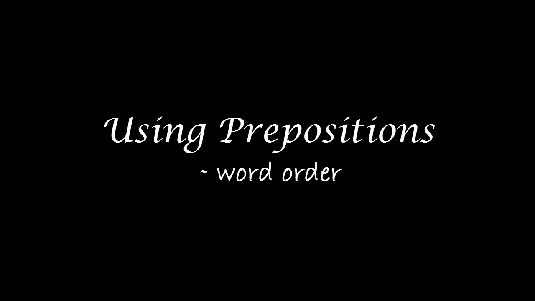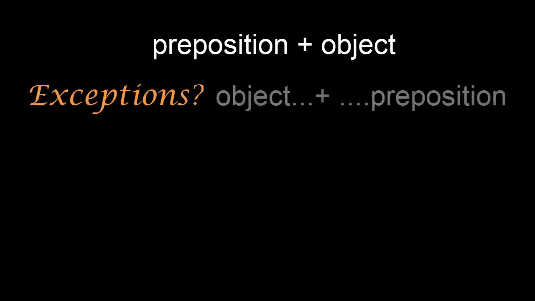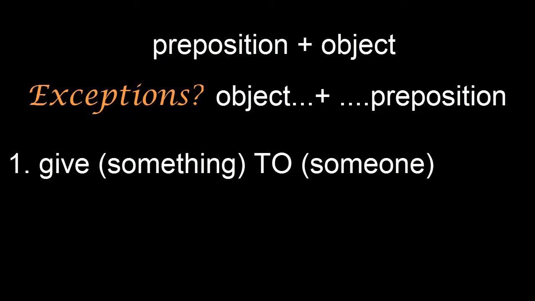Again, these little words can create some confusion, and I hope through this series of lessons to reduce that confusion for you. For now, just know that in most cases, a preposition is directly followed by its object. But as you saw, there are times when we can separate or need to separate the object from its preposition. This happens with the preposition to, as in give something to someone. For clarity or for emphasis, we leave the preposition and object together.